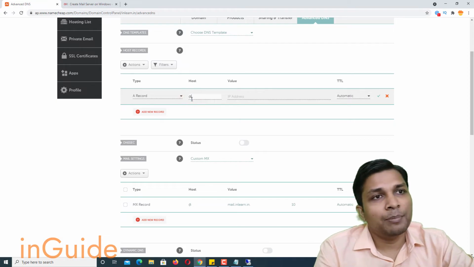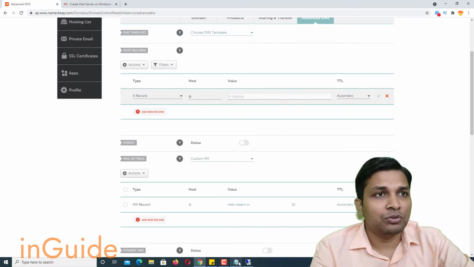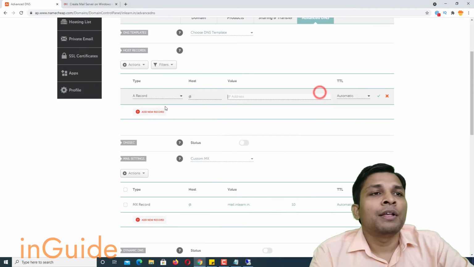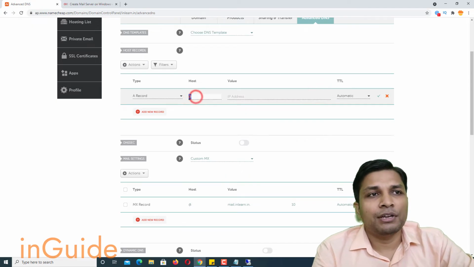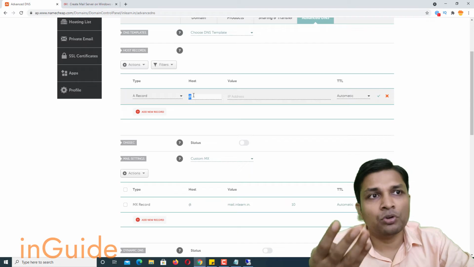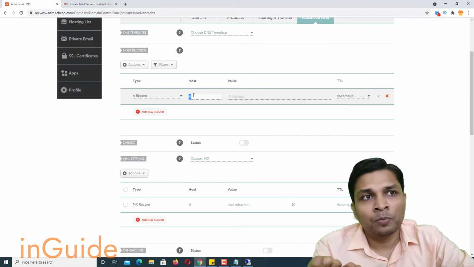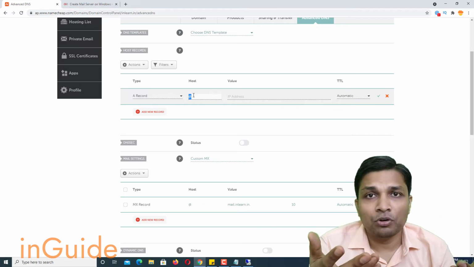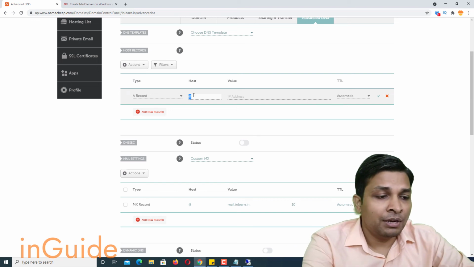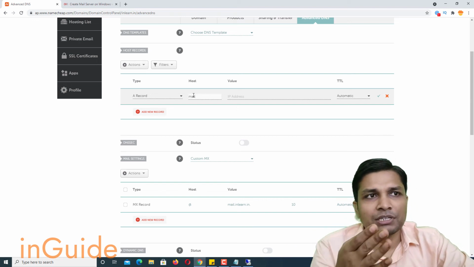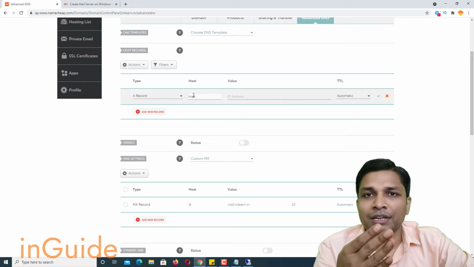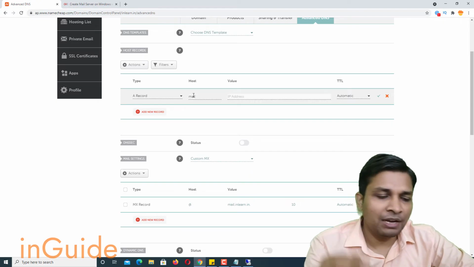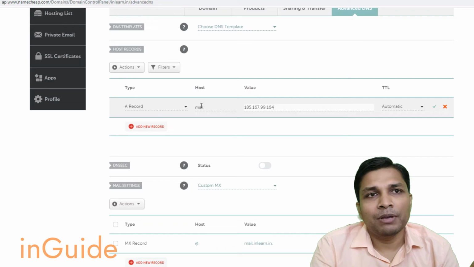Alright, so here you have to type @ and in the IP address you have to type the IP address of your Windows server. Just in case you don't want to use your main website or main domain pointing to your Windows server, or you don't want to use the main domain for mailing purposes, obviously you can type mail here, which is just the host that you have to enter in the reverse DNS part. So you have to make sure of that. I am going to use mail here, and then after that I'll type the value,